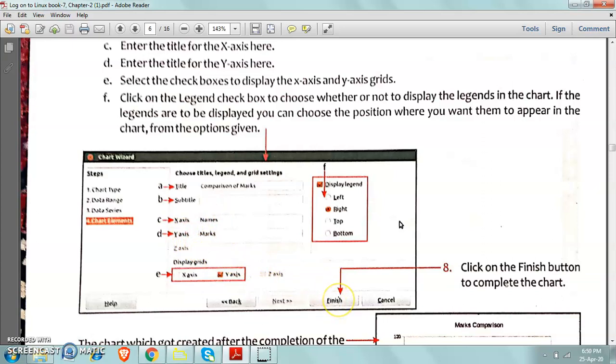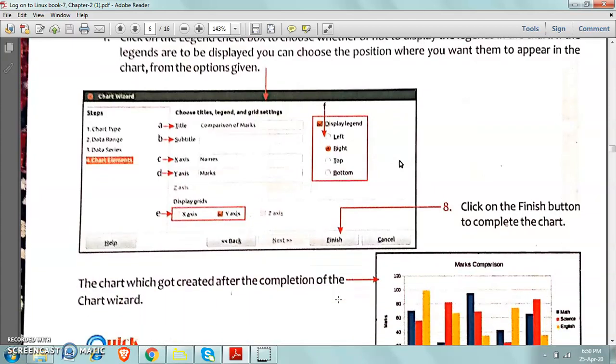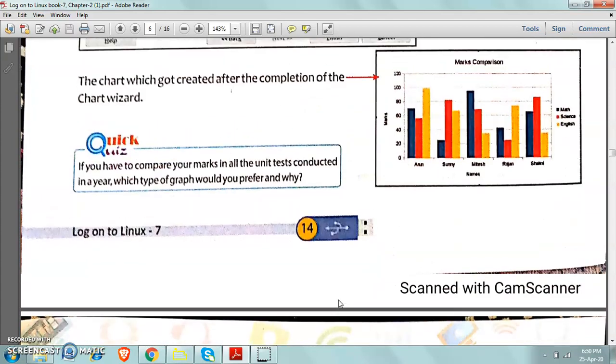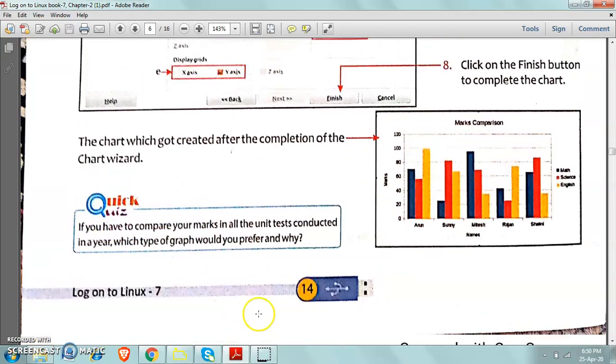Because after this we do not have to do anything. After this we will have the chart as the result of our data series. At last we will find this chart on the screen.